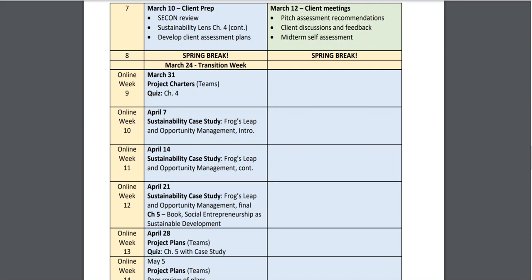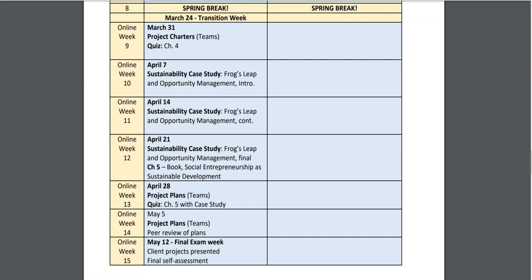So we're all in the same place, and you'll have a workbook coming out next week that's going to help you step by step go through that. And again, I'll also have instruction. We'll have discussions. We'll be spending a good 3 weeks working on Frog's Leap. After that, the experience that we'll have with Frog's Leap will help us to better understand the projects that we're working on with teams. We'll get feedback from our customers with the charters that we've submitted